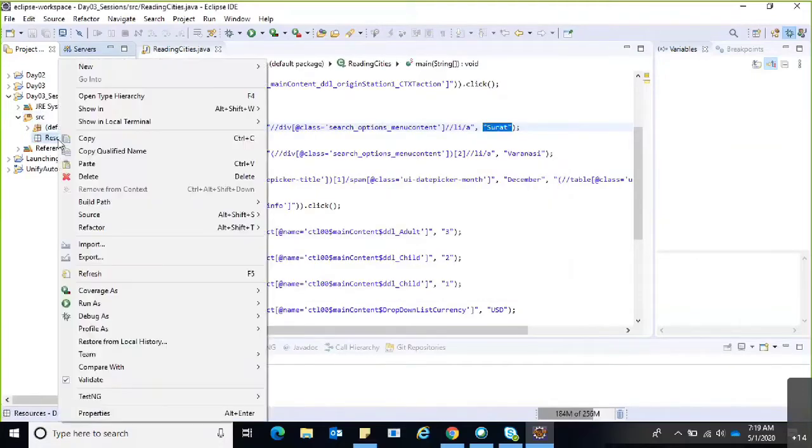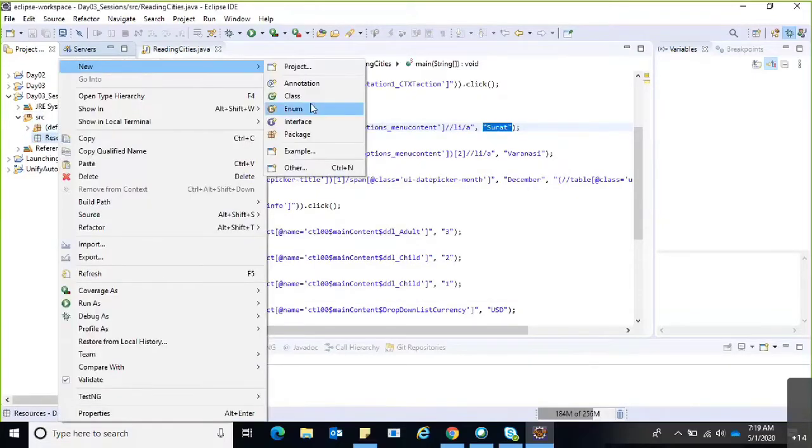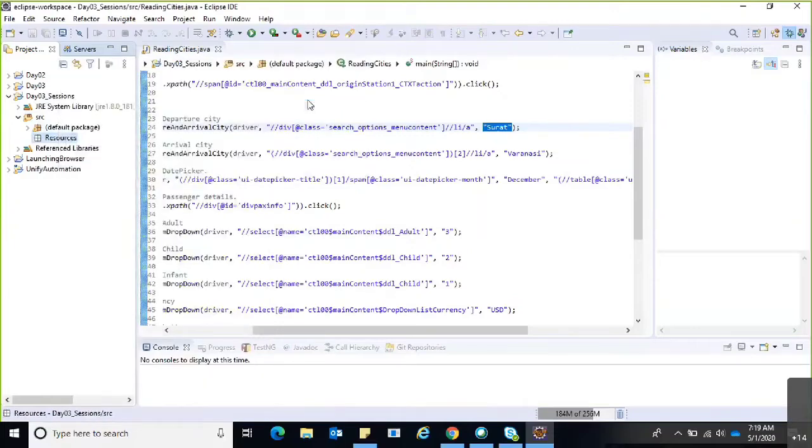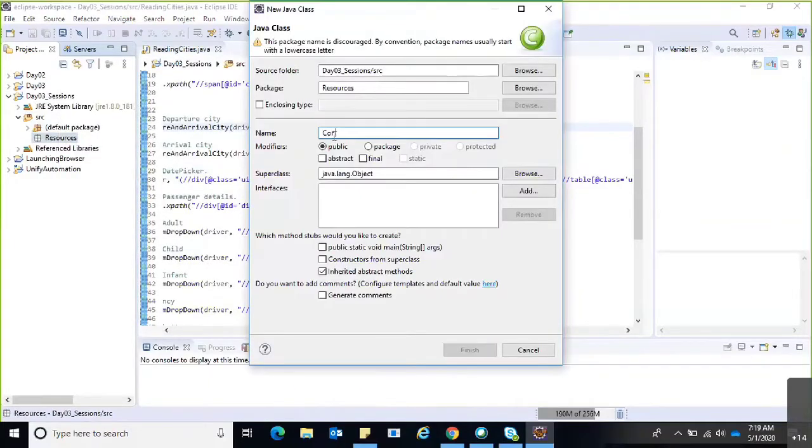In that resources package, I'm going to select a new class, that is ConfigReader, and click on Finish.